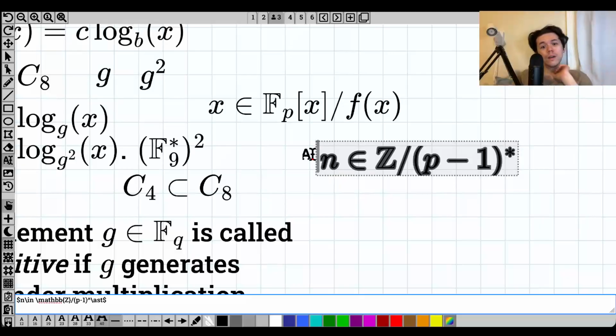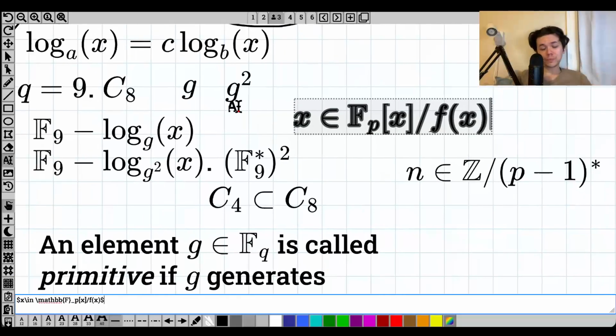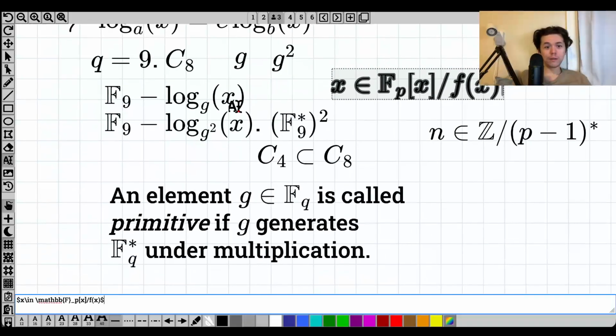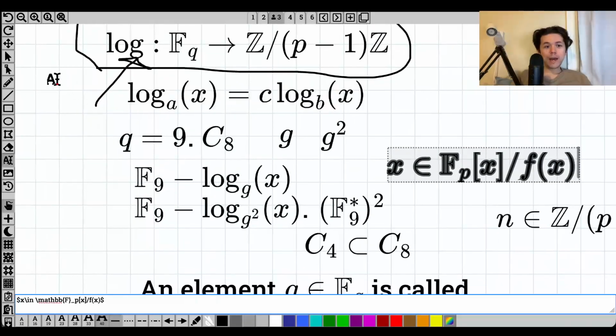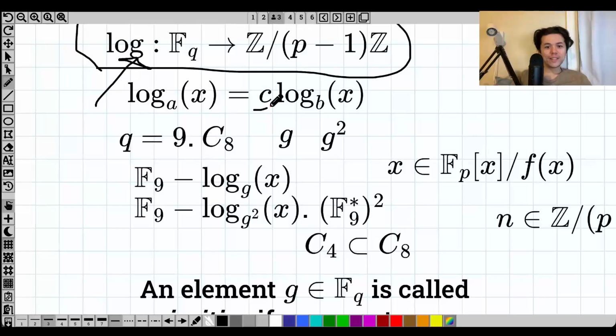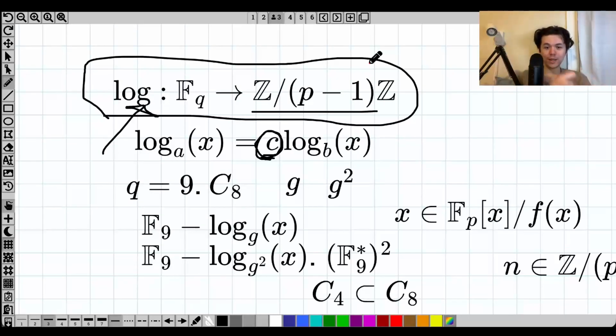prove. If I take a power of x to some n that is co-prime to p minus 1, I'll get another primitive root. And the way to get back is to take another power. And those powers are exactly the elements that tell you how to translate from one logarithm to another. And they'll always be invertible mod p minus 1. And so that's another way that you can see